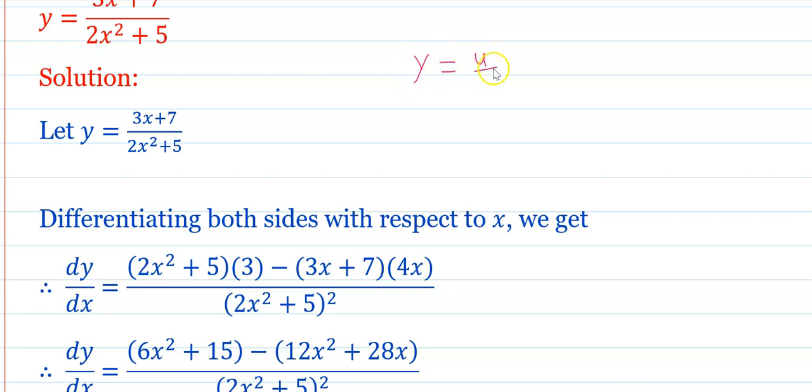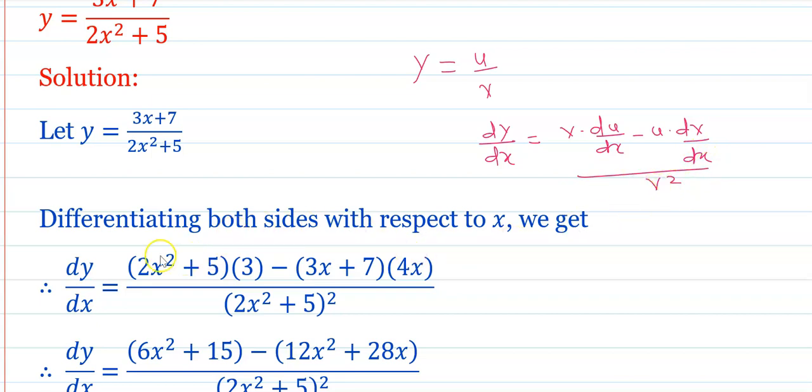Y is equals to u upon v, and hence dy by dx is equals to v into du by dx minus u into dv upon dx,